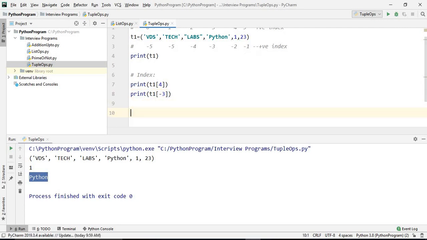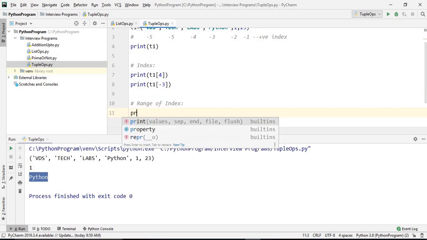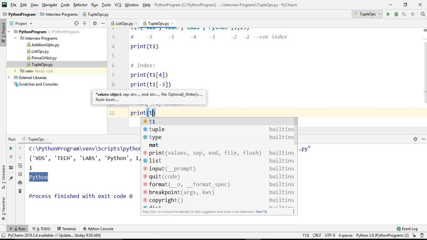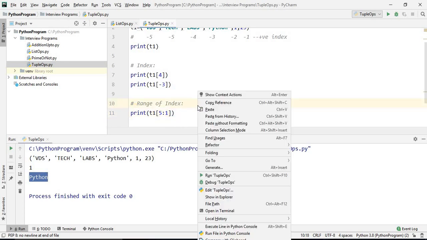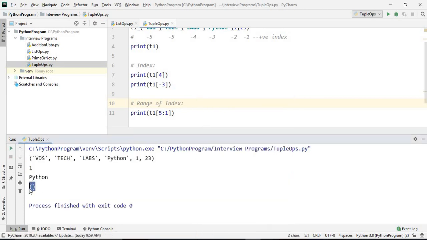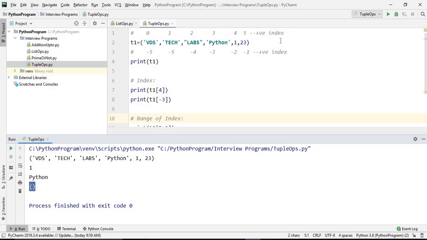And now if we talk about a range of index, let's suppose print T1 and we take 5:1. What will it print? I think it will print empty, because we have started from 5 and from 5 there is no element.